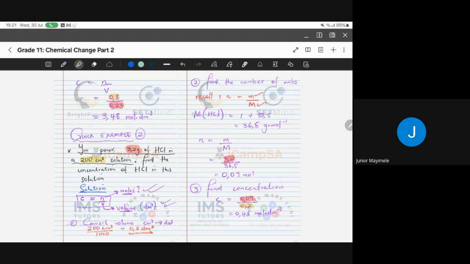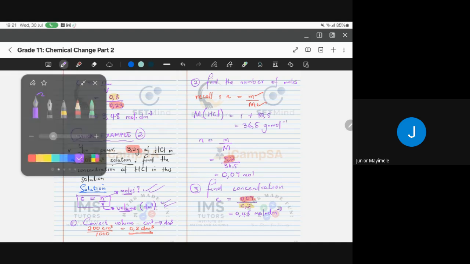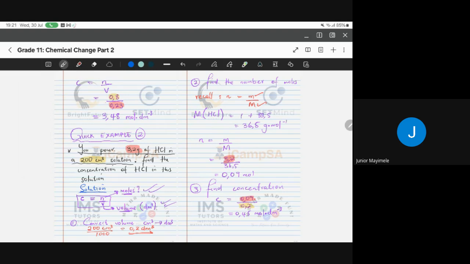A simpler formula that would have taken a shorter time would be C is equal to m over MV. So here you would substitute your 3.2, your 36.5 and your 0.2, and then you would have found